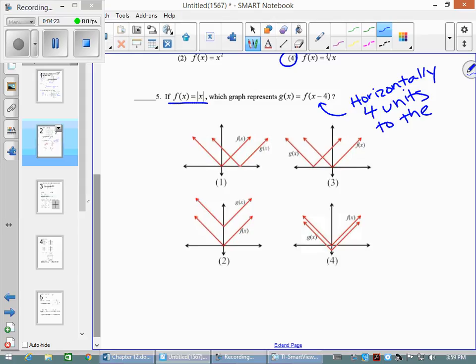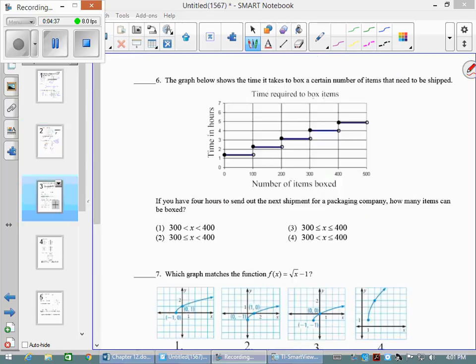We're going to the right because it's opposite what that -4 would make us think. So the only one that looks like it's going to the right would be choice 1. This looks like it went over 4 to the right. Graph 1. Okay, so number 6 asks us, the graph below shows the time it takes to box a certain